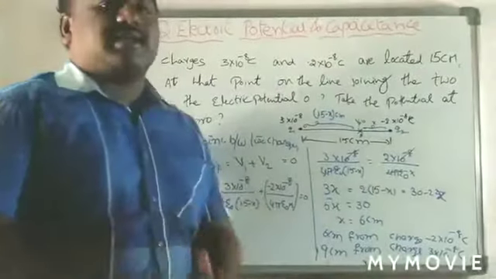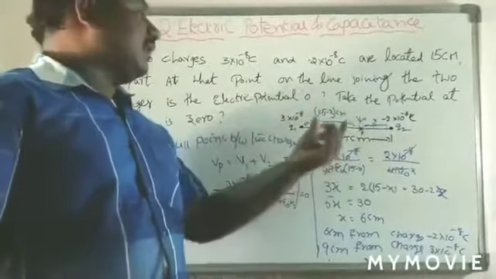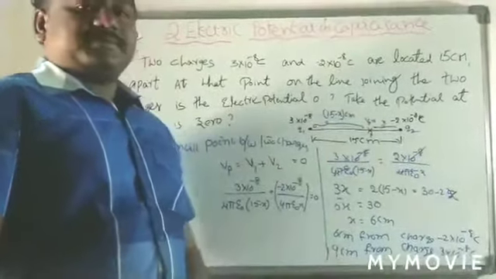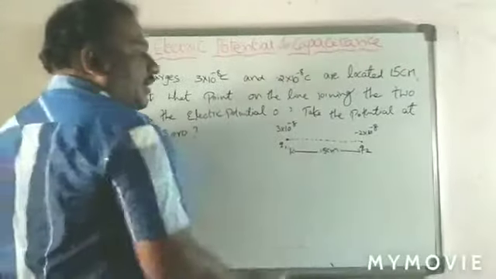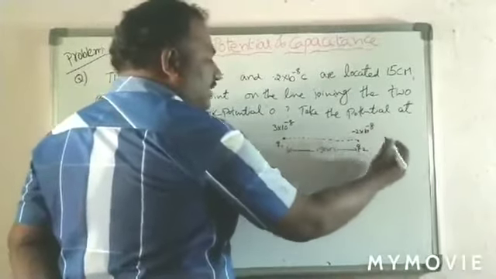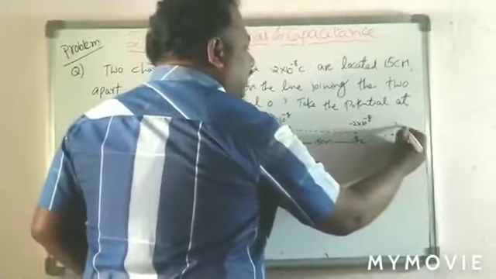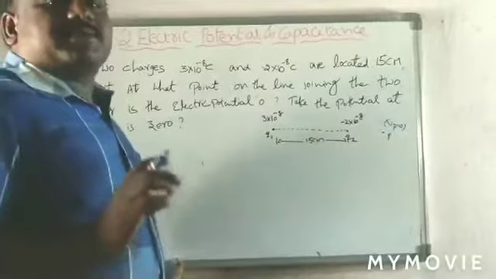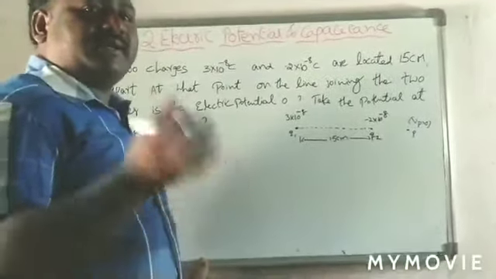In this we calculated the null potential point in between the two charges, on the line joining these two charges. Now see students, another possibility is also there. The null potential point is outside the charges, near the least charge. Here I consider the null potential point P. Here the potential is equal to 0. Remember, the null potential point is possible in two ways, that is, in between the two charges and outside the charges.